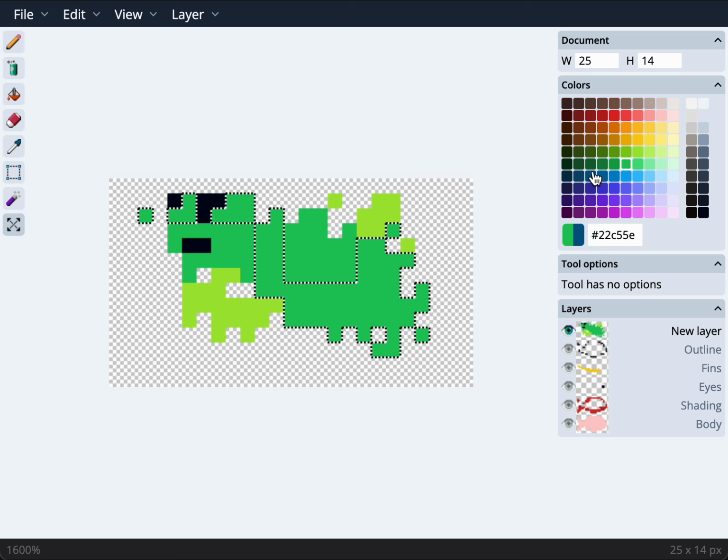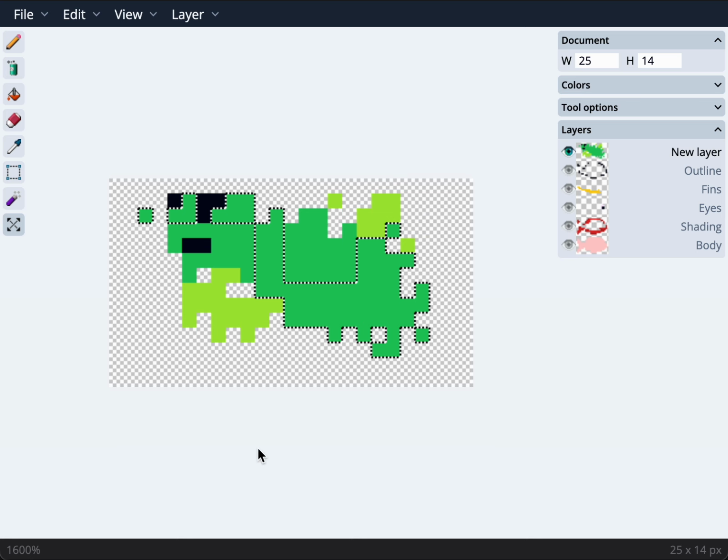I've got a basic color palette here, which you can override by inputting hex colors explicitly if you want. I'm going to add support eventually to import and export color palettes separately. I'm going to, like I said, add animation at some point. I haven't done that yet. That's a big undertaking. But I think I have a decent start here, and it feels familiar if you're someone who has familiarity with Photoshop's tools and the way they work,